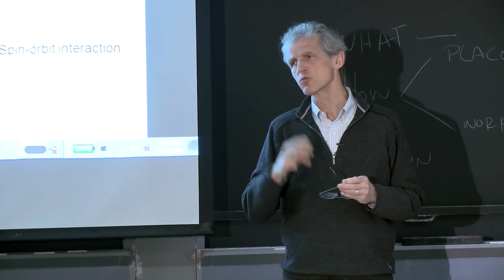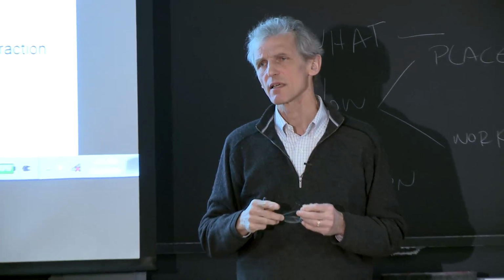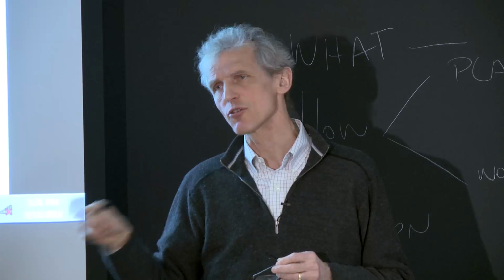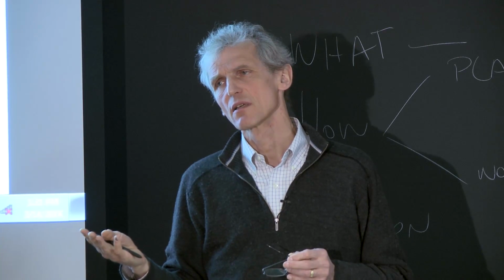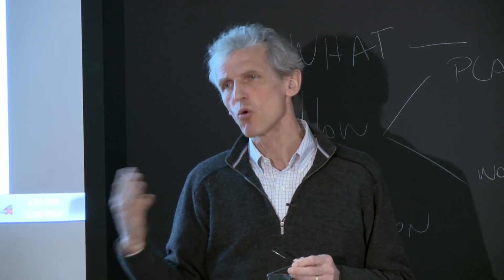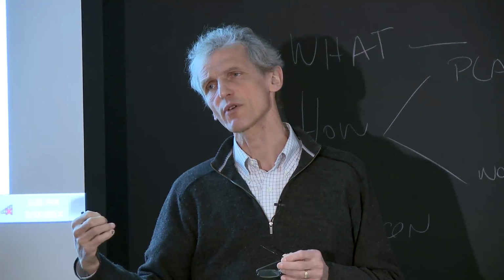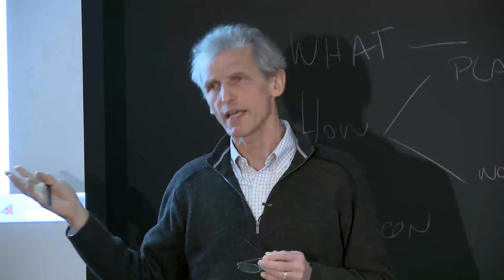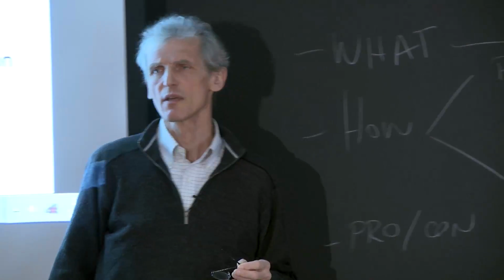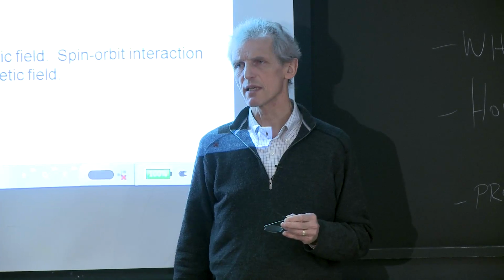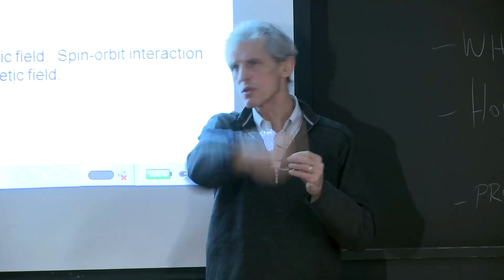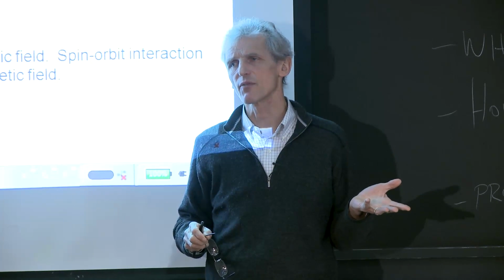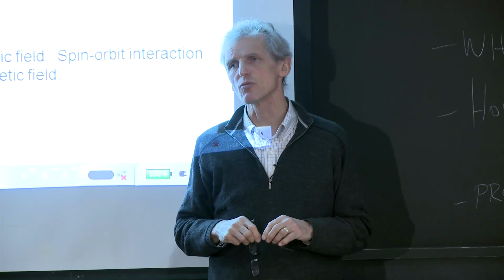Well, we have the two options. We can say the electron moves, and in its own frame there is a V cross E term and therefore a magnetic field. So the electron's motion creates a magnetic field in its own frame through the relativistic transformation. In that sense it is correct, but I would also side with you that there is an alternative view: in the electron's frame the nucleus rotates around the electron and it's the nucleus which creates the magnetic field. In the end it's a relative motion between the two.